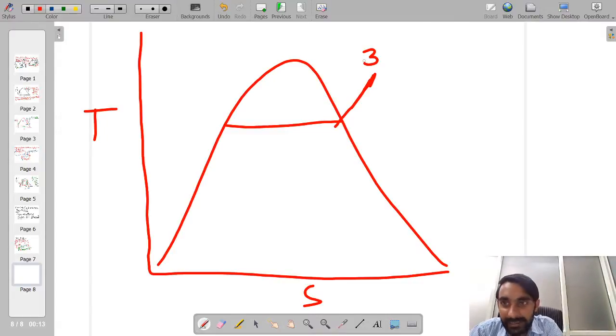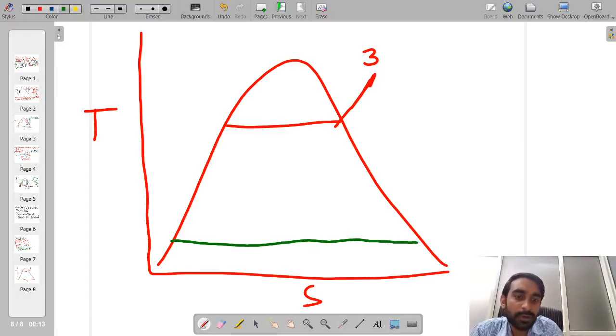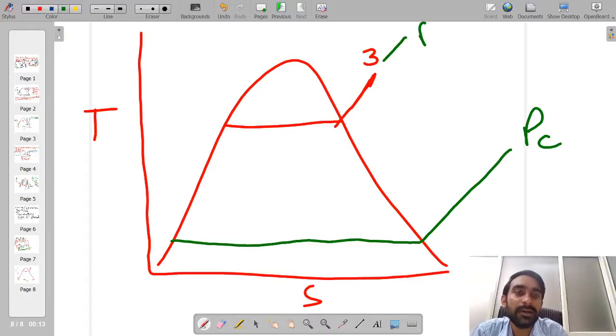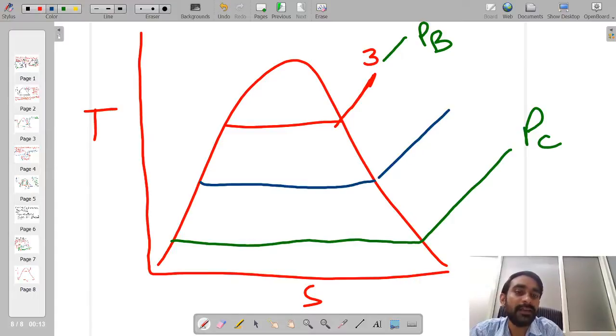Now say this low pressure line is nothing but corresponding to our condenser pressure, this is our boiler pressure,